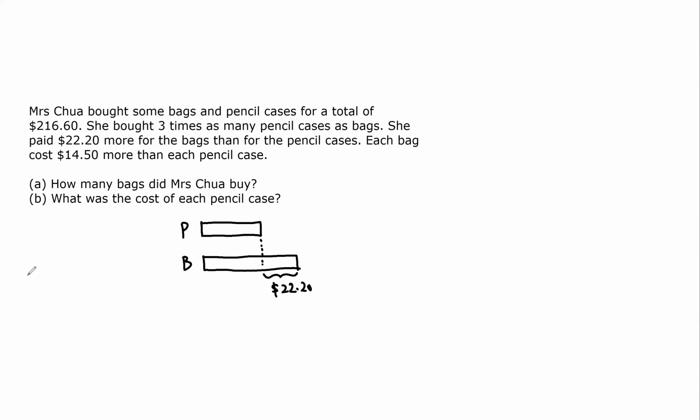The total amount is $216.60, which means to find out the total amount spent on pencil cases, we can work it out by doing a subtraction of $22.20 and then we divide by 2. Total money on P for pencil cases, $216.60 minus $22.20 divided by 2, and you're gonna get